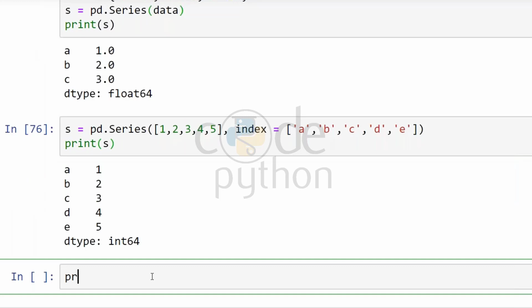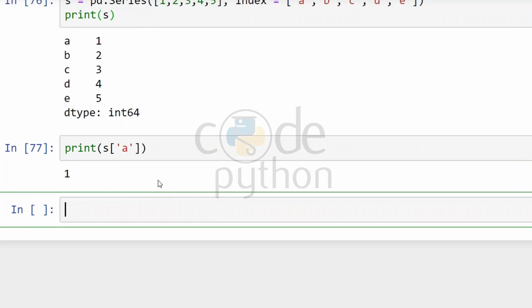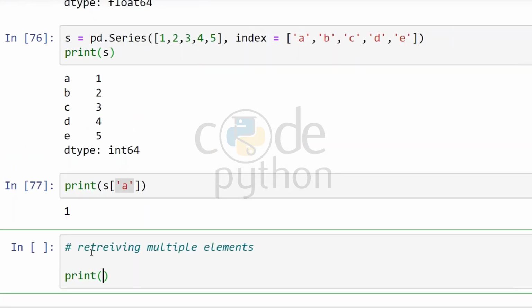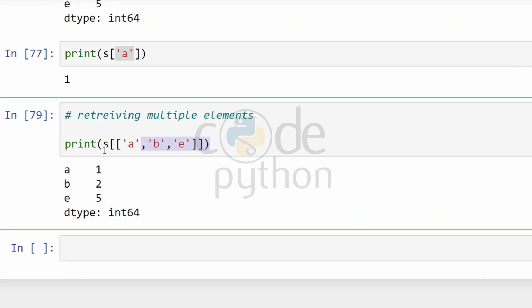And if I want to just check via index, I'll use that particular key. If I want to print multiple elements, I'll just write s, and I'll write a comma b comma, let's write e. So if you want to retrieve multiple elements, then you will have to take double square brackets and write all the elements you want to get the result of, and you will get the result of those elements.